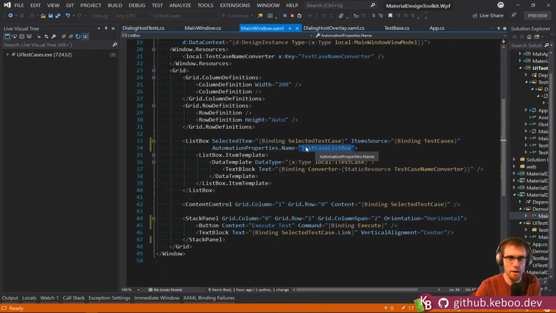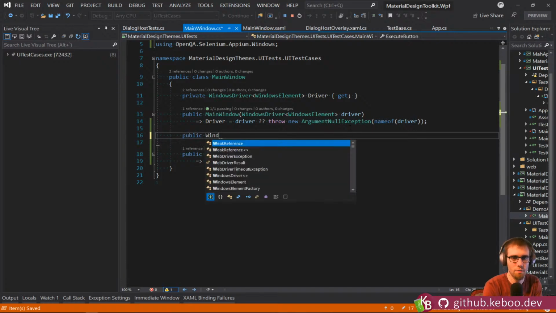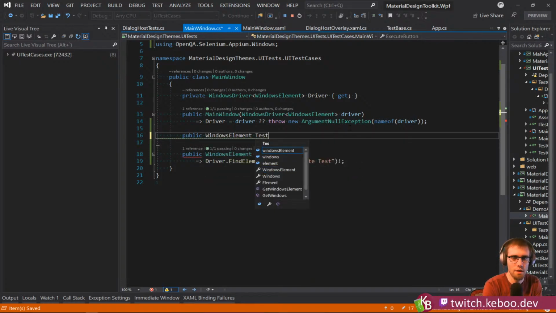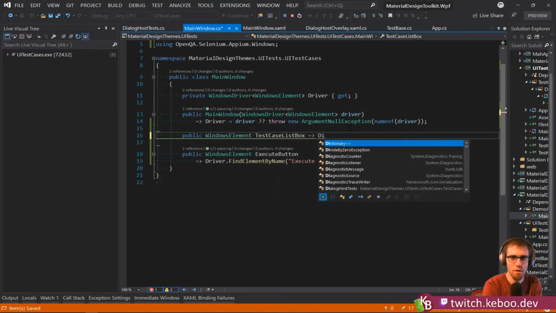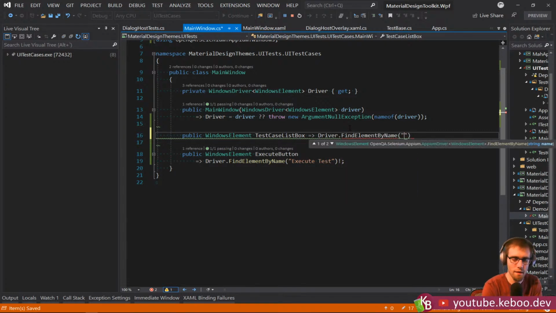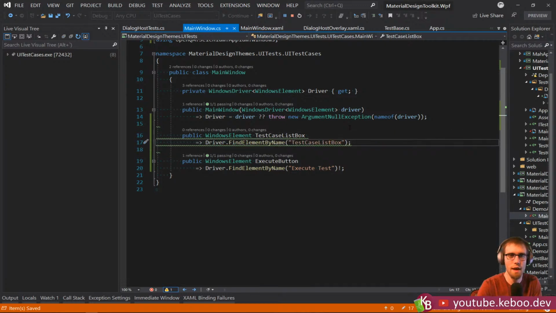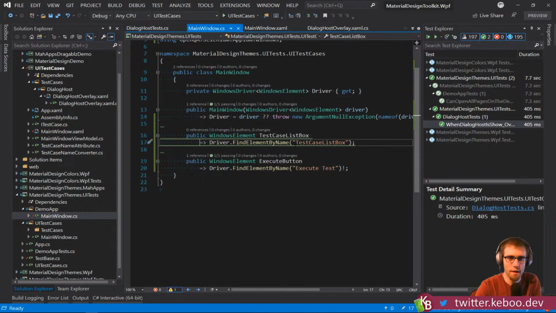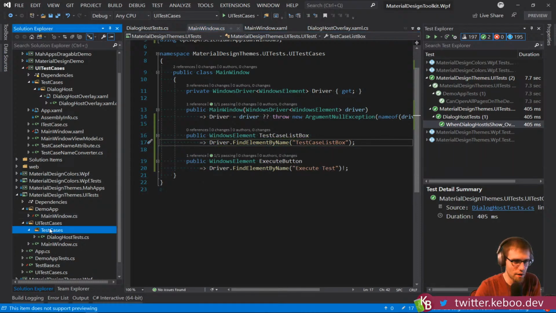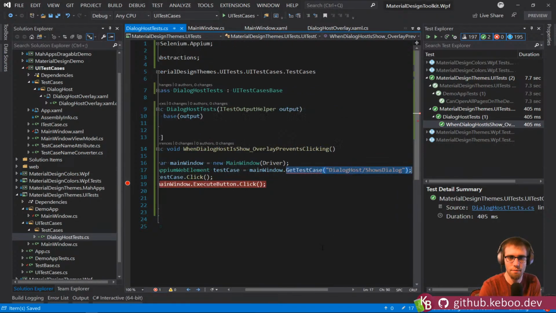So now I've got a fixed ID there. Public Windows element, test case list box, and we will do driver, find element by name. Boom. So something more like that. And that will let me get that, but what we really wanted for all of this is something that let me query that and get a test case by its